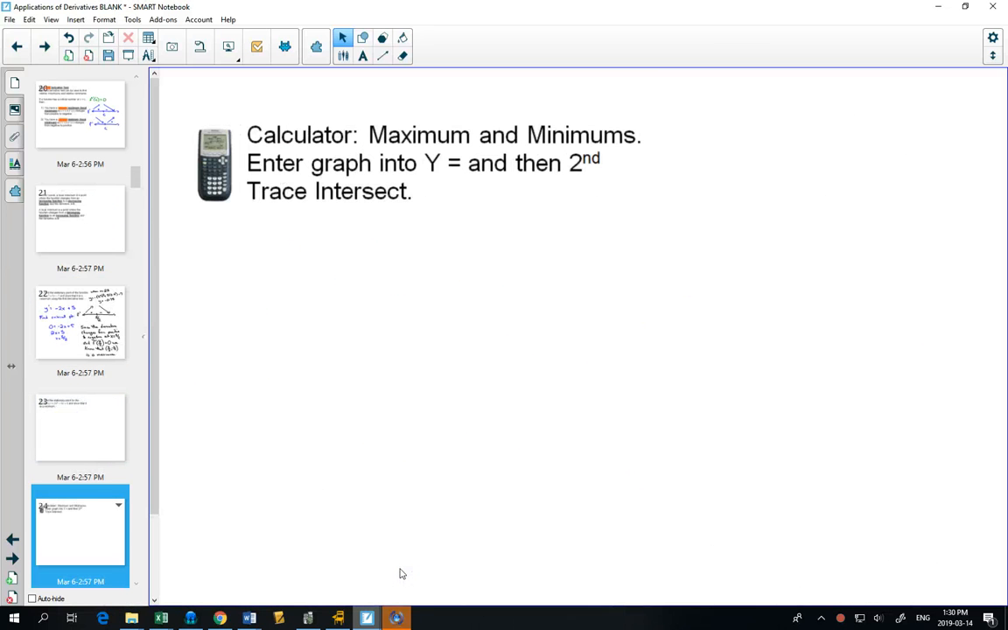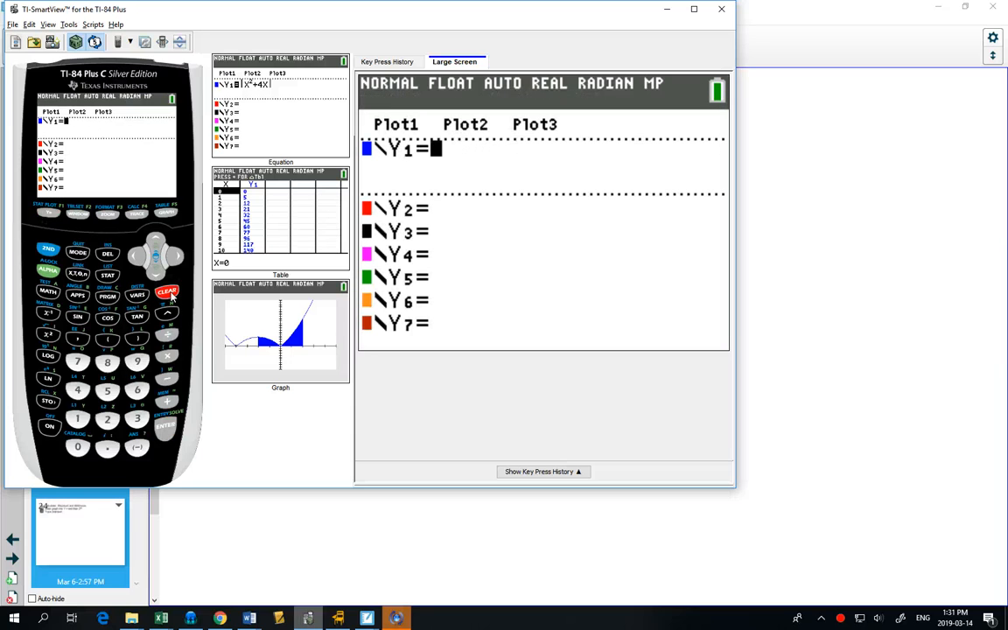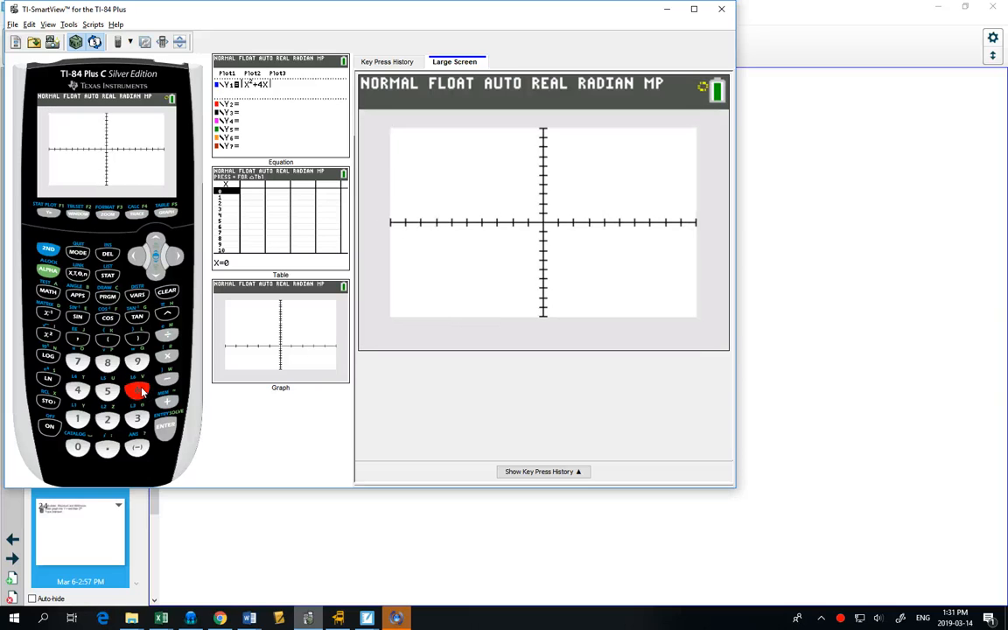Now, if you have a graphing calculator, you can find maximums and minimums on your graphing calculator as well by putting the graph in. I'll quickly put in this equation that we just saw, which one did we have? 2x squared minus 8x plus 5. Is that the one we just did? Yeah. So if I do 2x squared minus 8x plus 5, and I graph that,